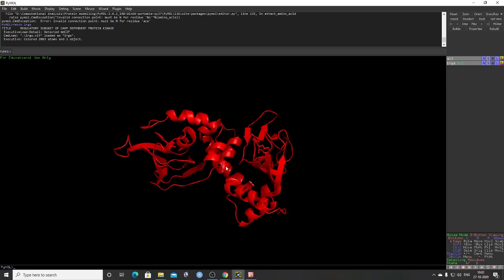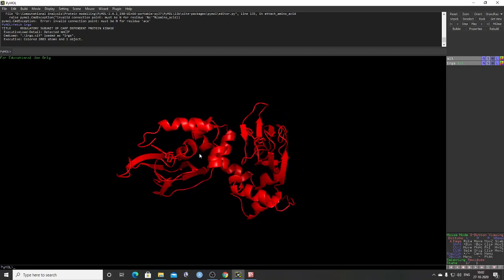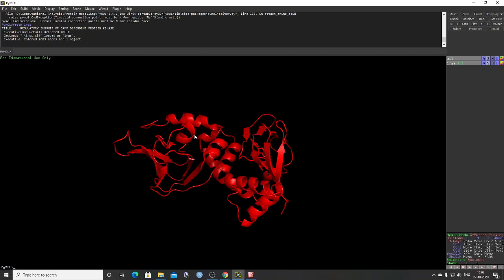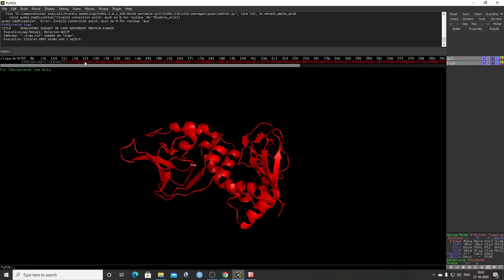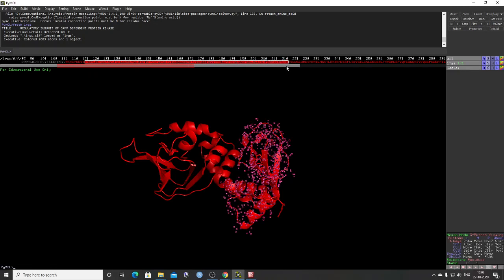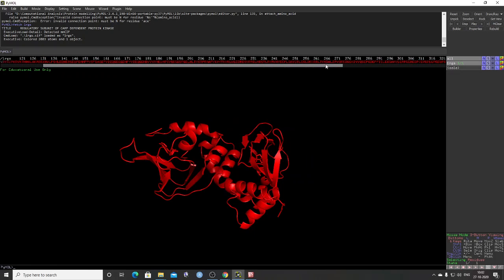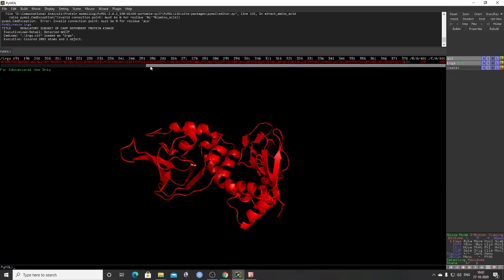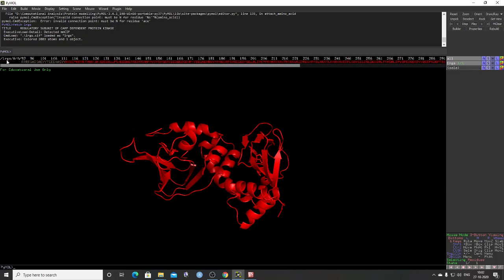For example, I want to know what the sequence of this protein is, right? We say that a protein is made up of an amino acid sequence. So if you go to the show button, it will show the sequence of the protein. If you select, it will automatically show the selected portion in the sequence. So this is the protein sequence. You can see the numbers here, 1RGS, 92, 94. From 111 it has started.